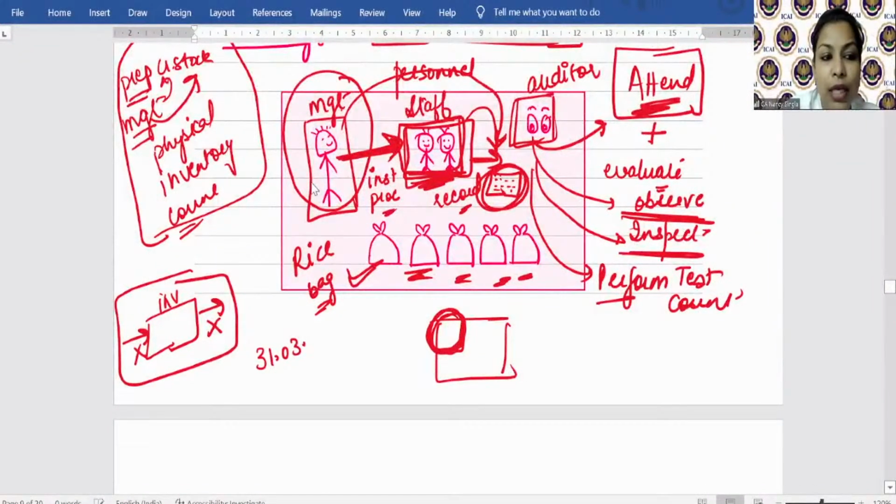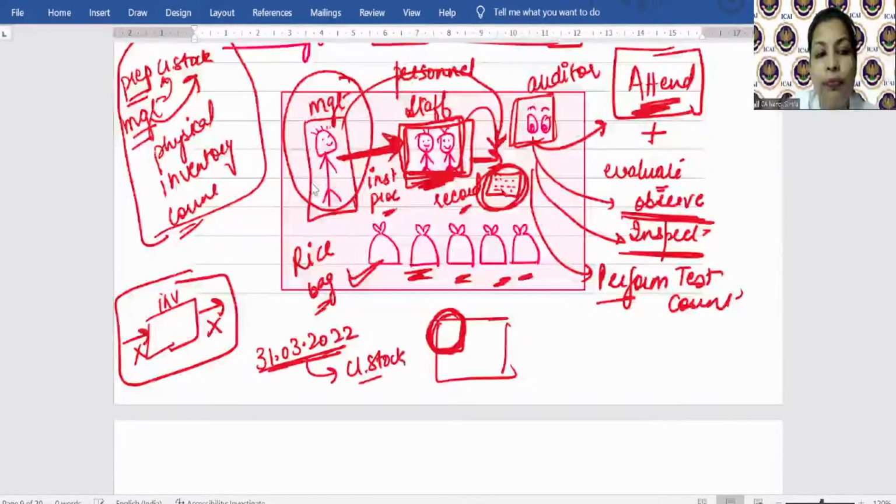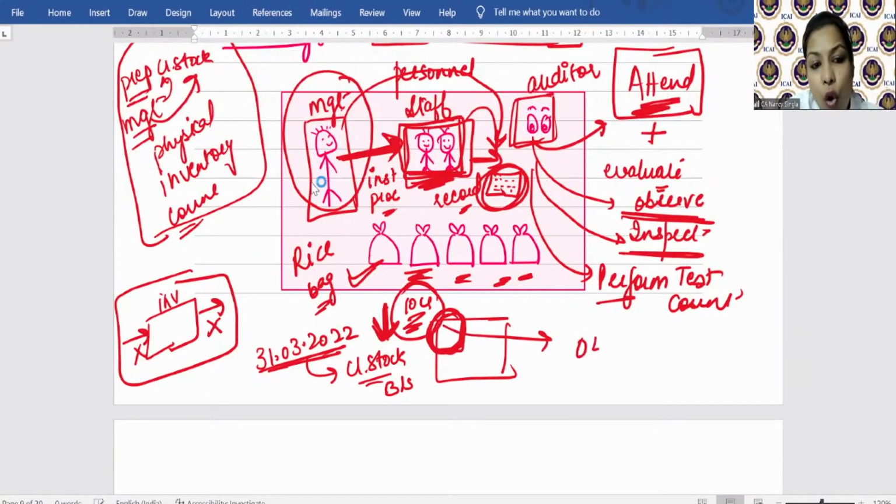नाउ देन द नेक्स्ट पॉइंट इज, लेट्स से फिजिकल इन्वेंट्री काउंट मैनेजमेंट 31 मार्च को कर रहा है, व्हेन द अमाउंट इज टू बी द क्लोजिंग स्टॉक विल कम वेयर इन द बैलेंस शीट। और इसी को दिस ओनली एग्जिस्टेंस विद रिस्पेक्ट टू, आई गेव एग्जांपल ऑफ 10 सीआर, कि यही तो एजर्शन चेक करनी है ऑडिटर को। नाउ लेट्स से इफ द मैनेजमेंट इज कंडक्टिंग द फिजिकल इन्वेंट्री काउंट ऑन 4th April,